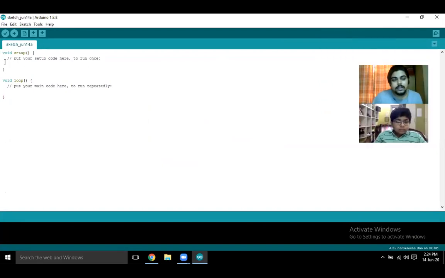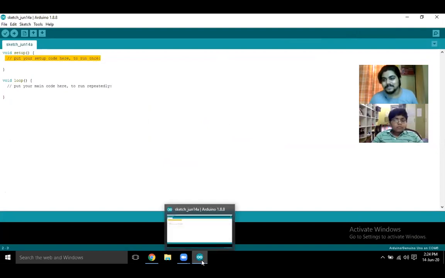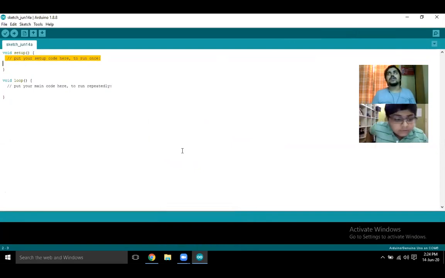See, it's already written here: void setup, put your setup code here to run once. Whatever you write here will run once. That means we need only once the description of the code, the instructions and description.